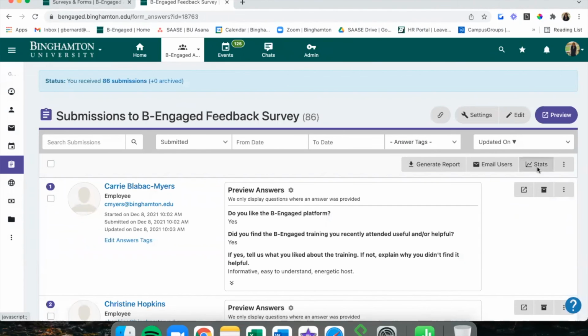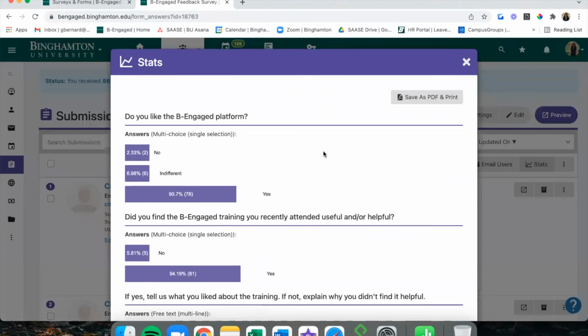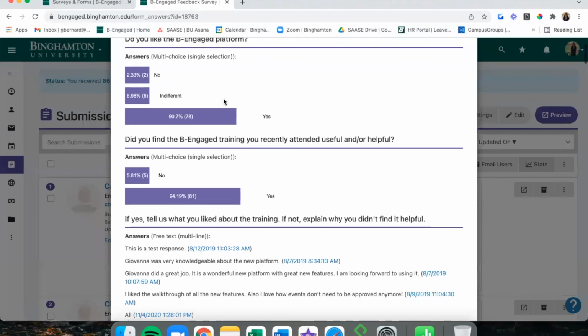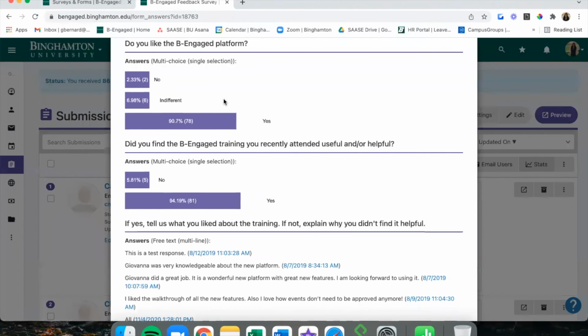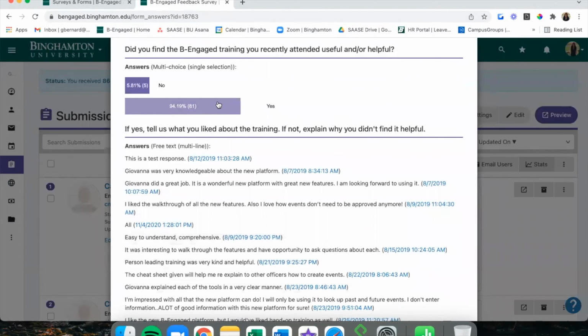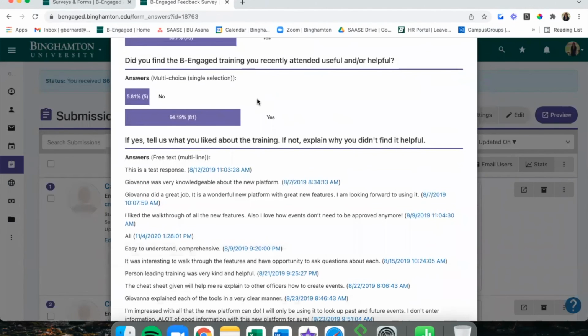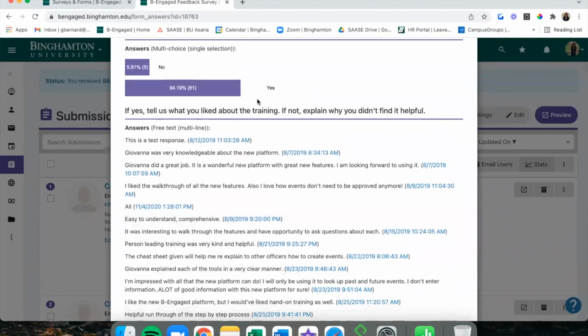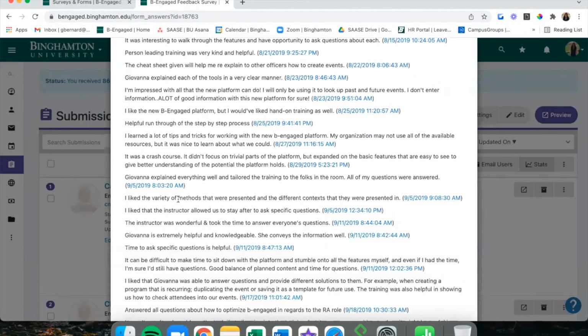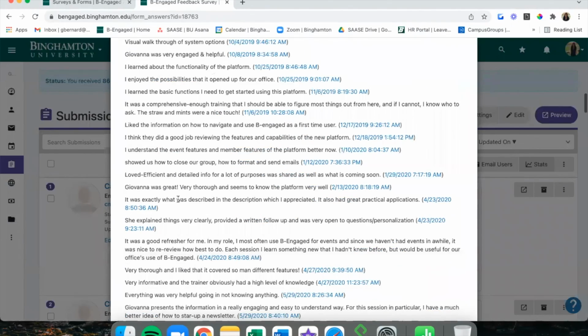And you also have the stats section, which gives you a nice overview of people who have responded what to each question, and gives you some statistics, breaks things down for you. So how many people responded to each thing, especially if you have multiple choice. This is really helpful, kind of just at a bird's eye view to see what people are responding to your questions. And then you have these open-ended question responses here